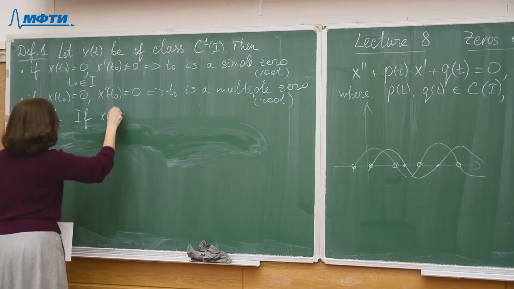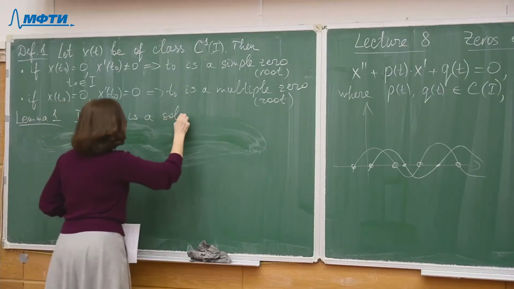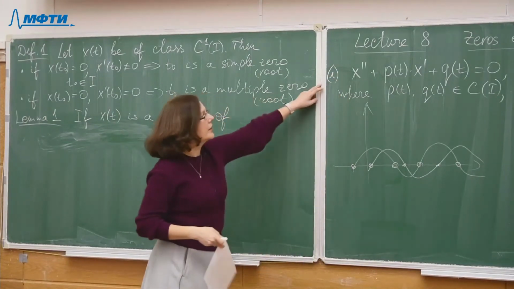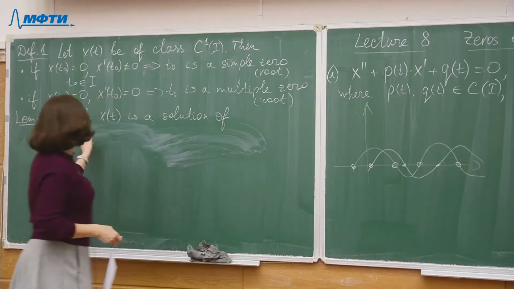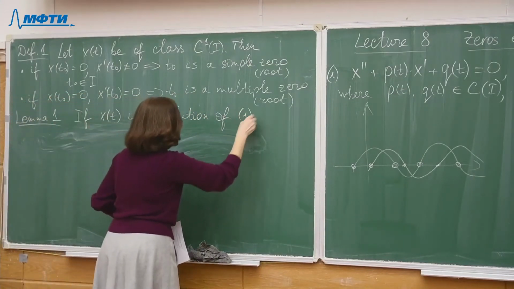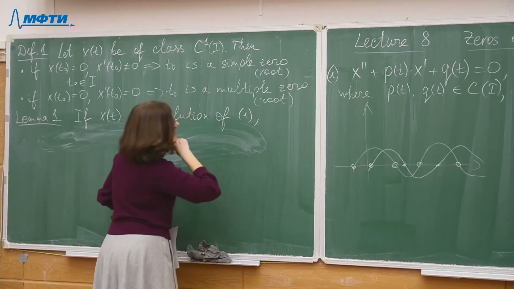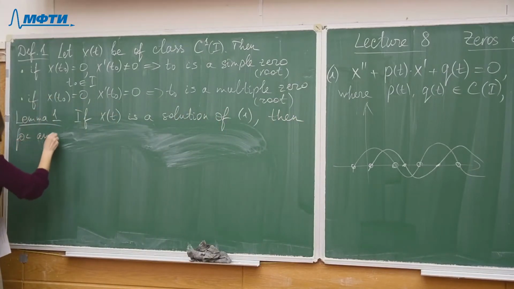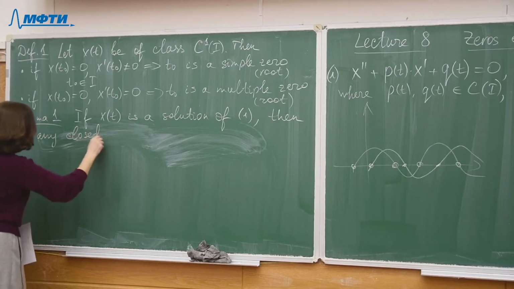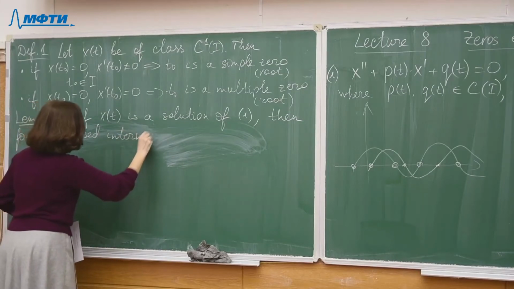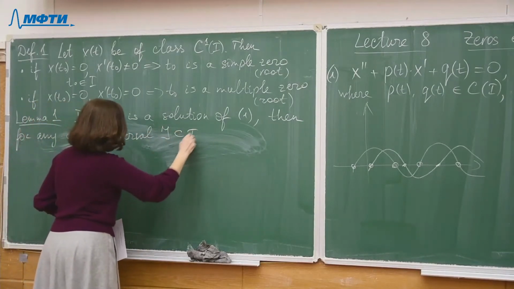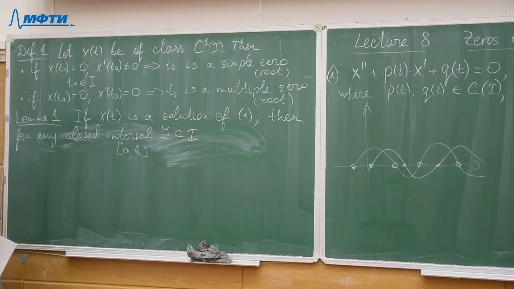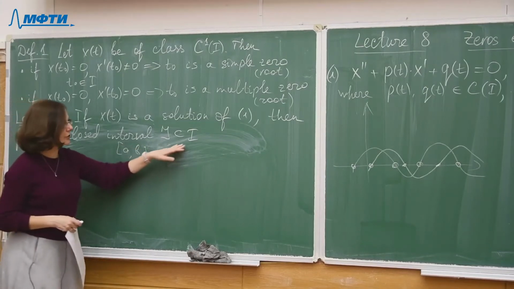If x of t is a solution of the differential equation, let it be equation number 1, so if x of t is a solution of 1, then for any closed interval J included in I, closed interval means something like AB, this is the closed interval, right? So for any closed interval included in I,